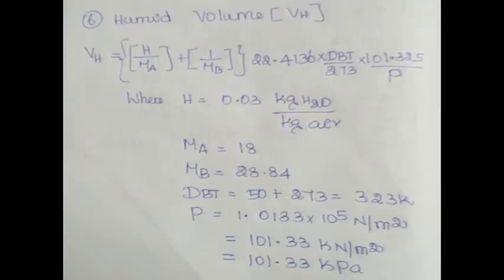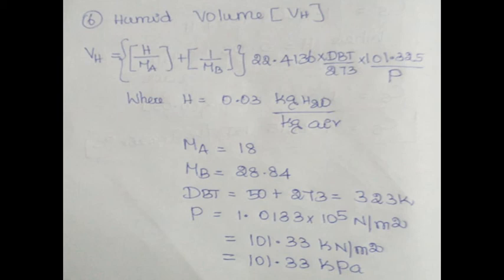Next property, humid volume. VH is equal to (H by MA, plus 1 by MB). H is nothing but absolute humidity. Absolute humidity values are taken from the graph. For our case, capital H is equal to 0.03 kg of water per kg of air. MA is nothing but the molecular weight of water, that is equal to 18. Because component A is water, plus 1 by MB. B component is air. MB is equal to the molecular weight of air, which is 28.84. This is given data. Multiply by